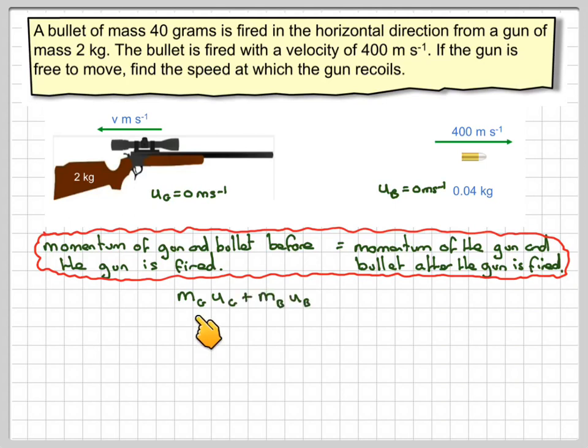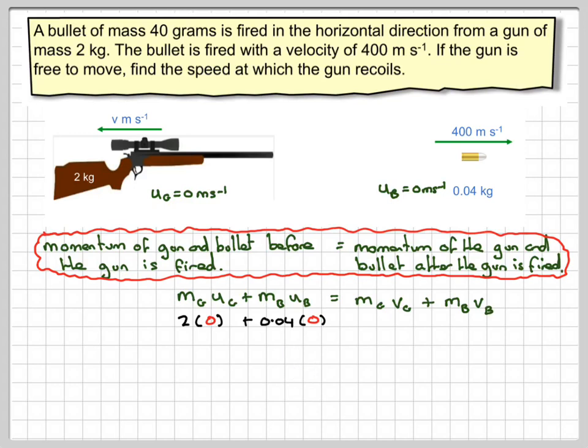So we've got the mass of the gun times the initial velocity of the gun, plus the mass of the bullet times the initial velocity of the bullet, is equal to the mass of the gun times the final velocity of the gun, which we've got to find, plus the mass of the bullet times the final velocity of the bullet. So 2 times 0, because the gun is stationary, plus